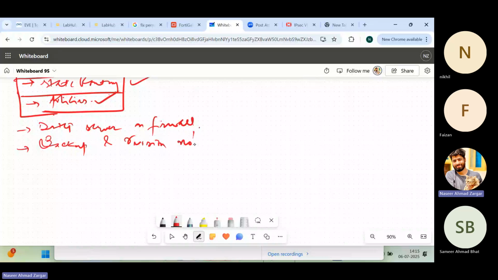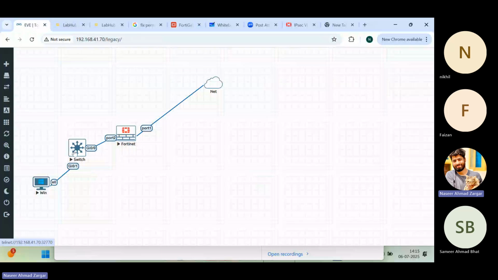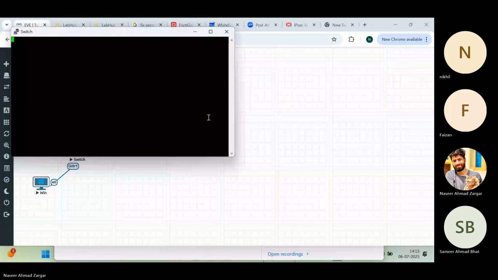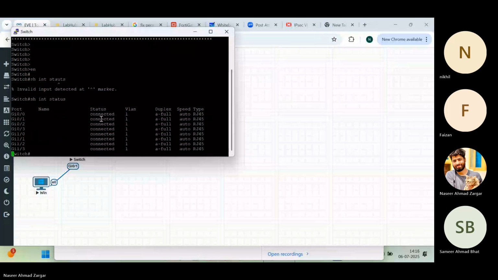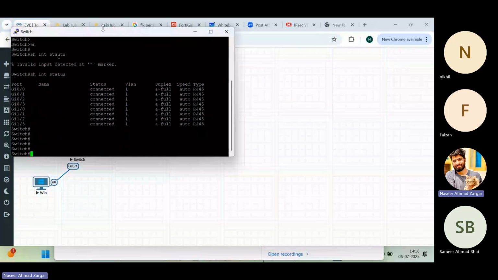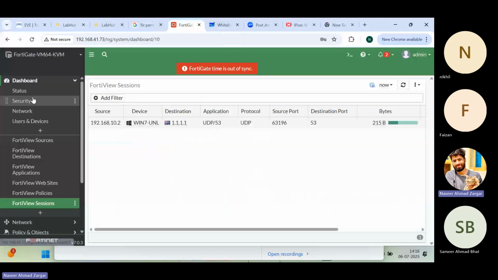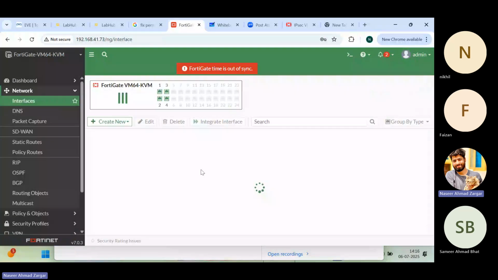All right, so starting with the first one, if I come back to the firewall first. Now what I'm going to do here is I will just try to shut down. Let me check what is configured here first. All right, no VLANs for now. And if I come to the firewall, the firewall configuration is okay, it has the IP for port 2 only. So what I'm going to do here is